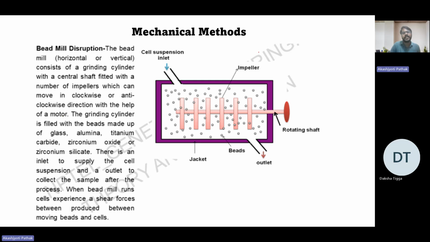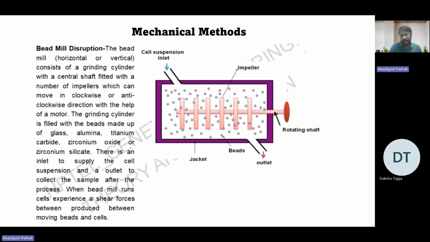In mechanical methods, one example is bead mill disruption. In a bead mill, you have different beads present in a chamber, and there is an impeller on a rotating shaft. You pour in the cell suspension, the bacterial lysate resuspended in a buffer, and then the impeller rotates and these beads interact with the cell and